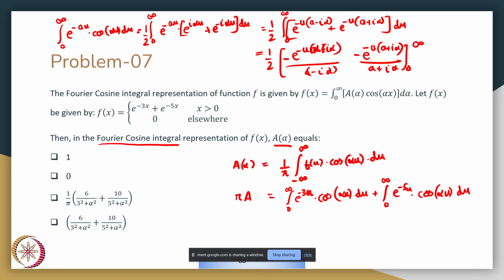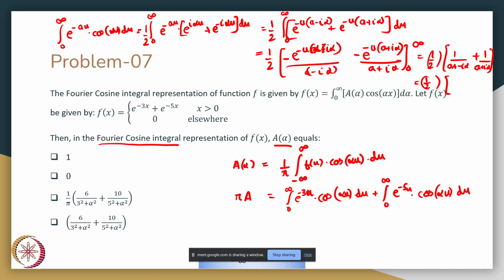And if we take u equal to 0, then this will be e raised to minus 0. This will be e raised to 0. This will also be e raised to 0. Both are equal to 1. So if I take into account the minus signs as well, it would be half of 1 by a plus I alpha plus 1 by a minus I alpha, which is half of,